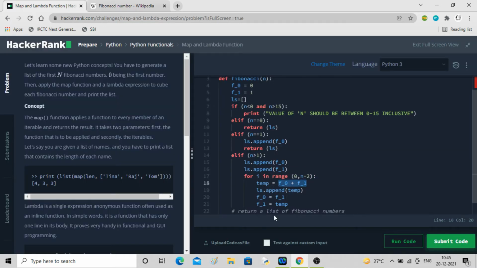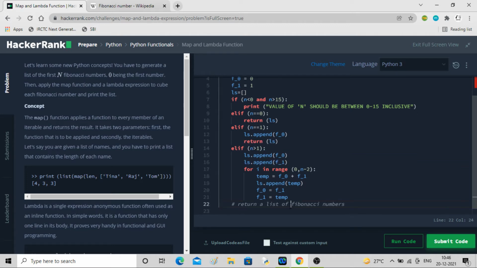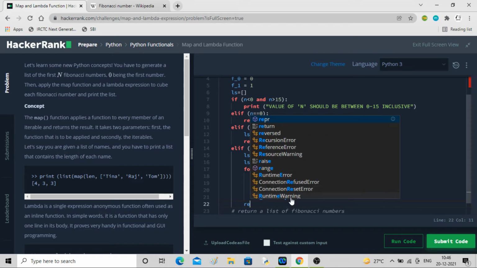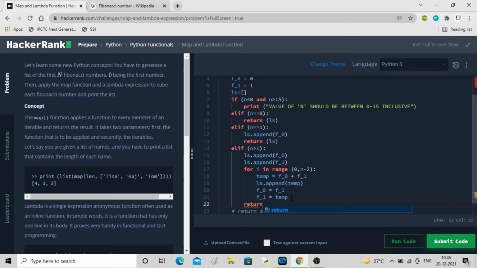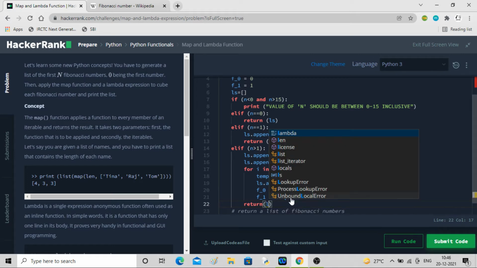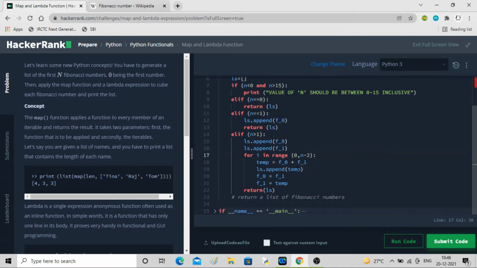So it keeps on doing it. And why n minus 2? Because we have already added two numbers in the list. Once all the values are calculated, we'll return the list. So all the cases we have covered.